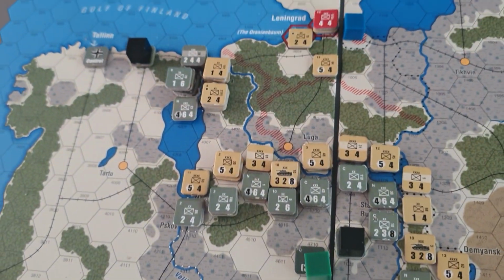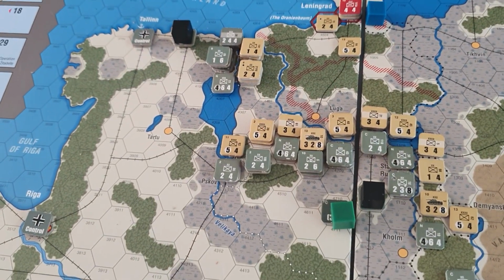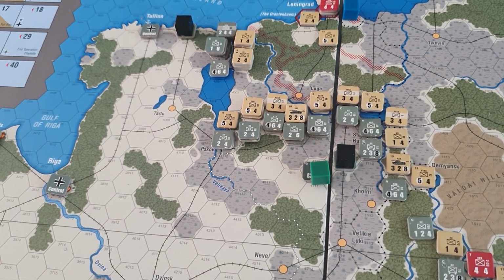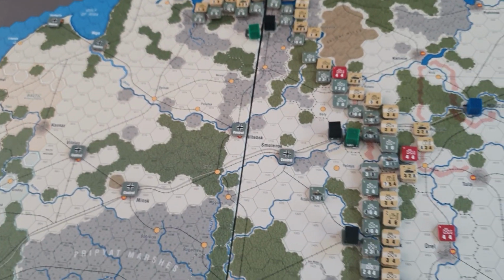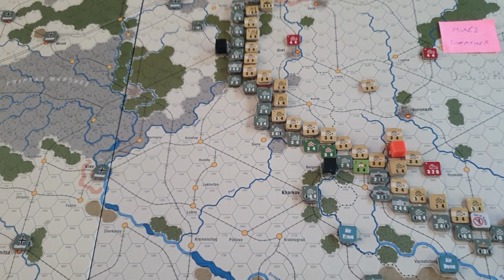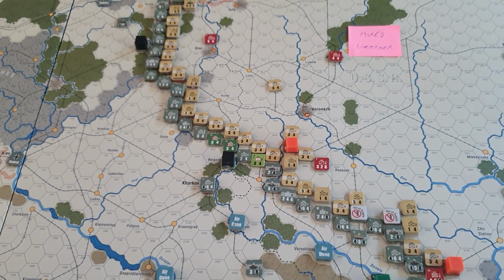And nothing at all happening in this Leningrad area because it's just too difficult. We haven't got any air support, and we haven't got any sort of decent reserves or an HQ to actually push towards Leningrad anyway. Right, so all in all, much as what happened historically, the Germans are making progress,